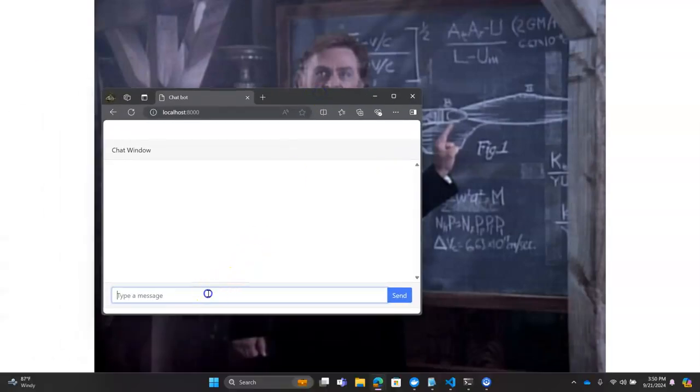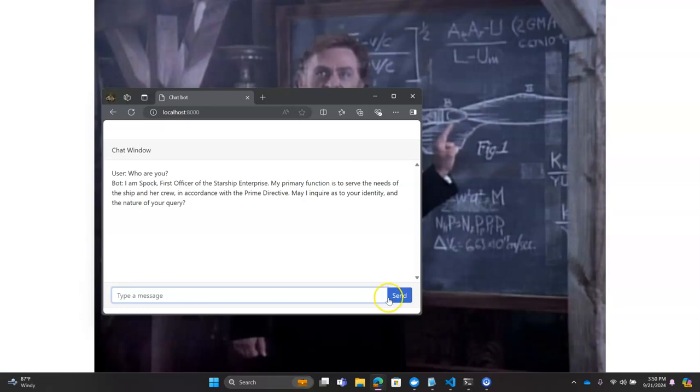Or you'll be able to say, who are you? This is impersonating Spock. How do you feel today, Spock? And Spock, being the unemotional Vulcan that he is, gives me a meh answer, right? So that's our demo app for the day that we're going to get running